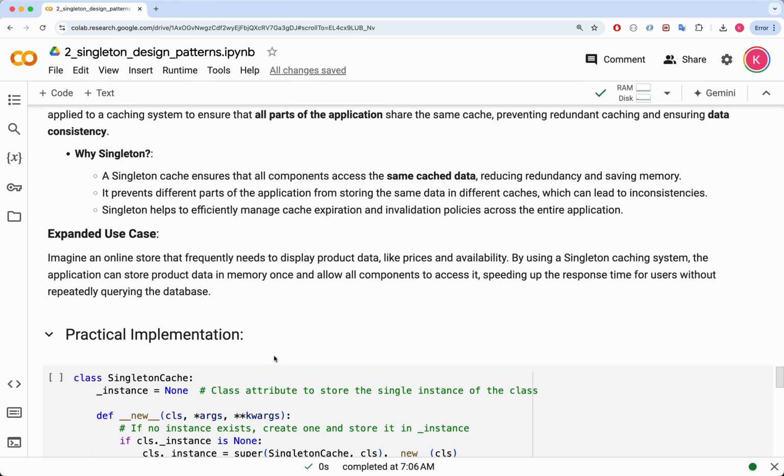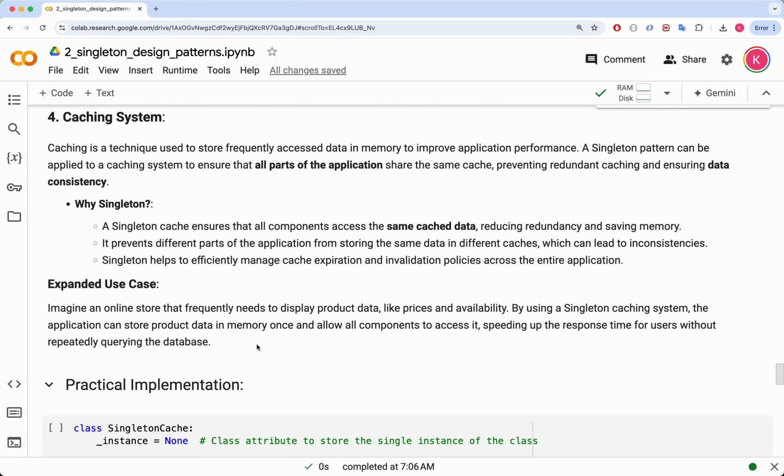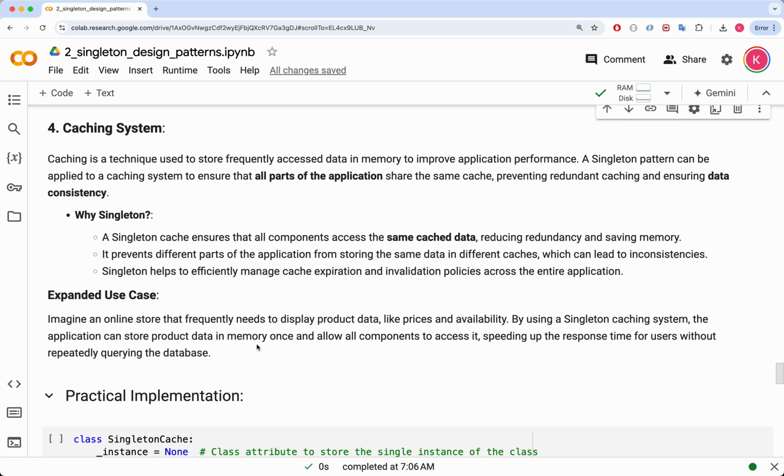In a caching system, applying the singleton pattern ensures that all parts of the application access and update the same cache, improving both efficiency and consistency. Without a singleton cache, different parts of the application might create separate caches, leading to redundant storage and inconsistent data. For example, if one part of the app updates a cached value and another part uses a different cache, the data might be out of sync, causing errors or outdated information to be served. A singleton cache avoids these issues by maintaining a single unified cache that all components can use, improving overall performance